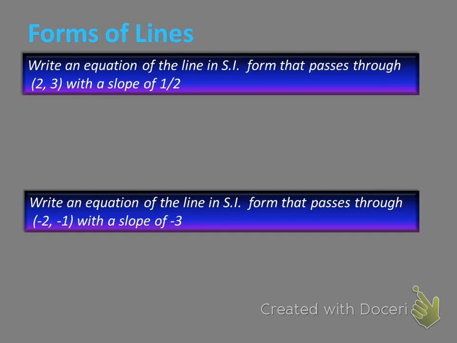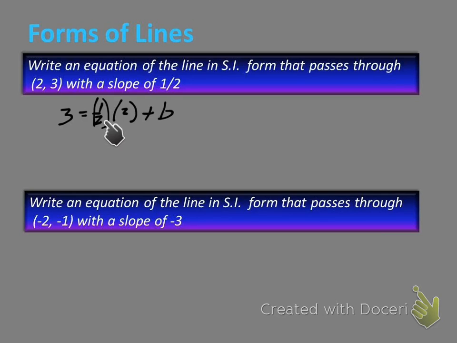These are kind of the easiest ones too, right? When they just give you the slope and a point, plug them in and go. Okay, so this first one here: 3 equals 1/2 times 2 plus b. You will have to work with fractions here, guys. It's the nature of the beast, part of the territory. Sometimes they work out nice like this one does. Sometimes later on today they won't. Gotta get good with fractions